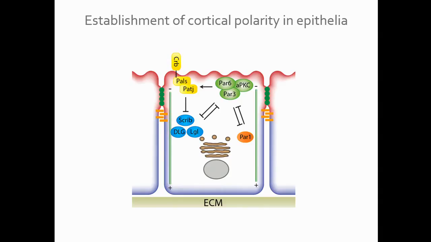And probably one of the best understood systems of polarization is the epithelial cell, which I'm showing here, where opposing actions of apically localized cortical proteins, the Crumbs complex and the PAR complex, and basolateral proteins, namely the Scribble complex, generate an apical-basal axis of polarity and two distinct domains. But even here, we don't understand all of the functional interactions between these proteins, and they can also differ between